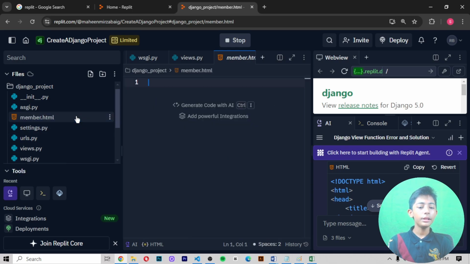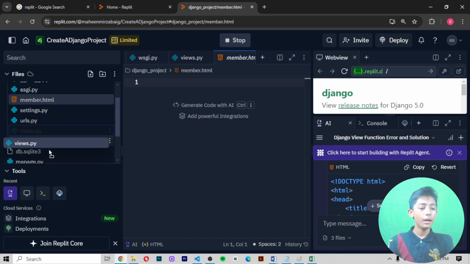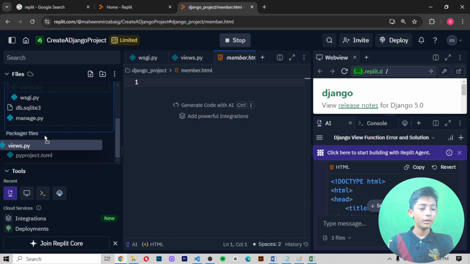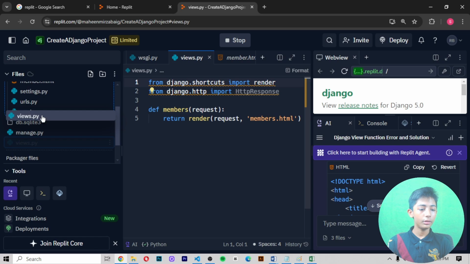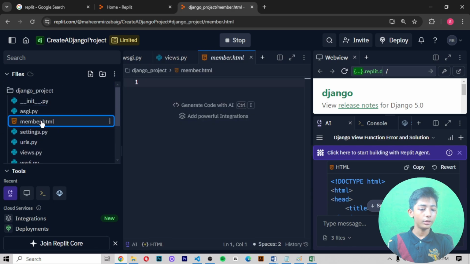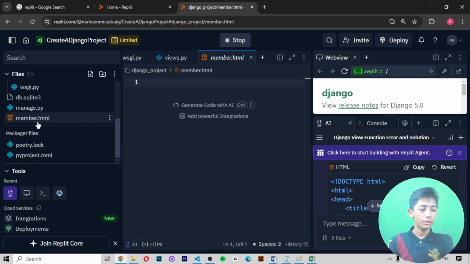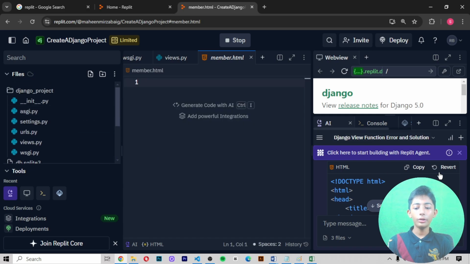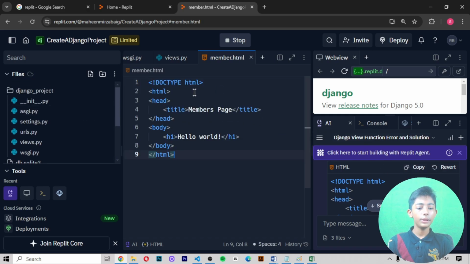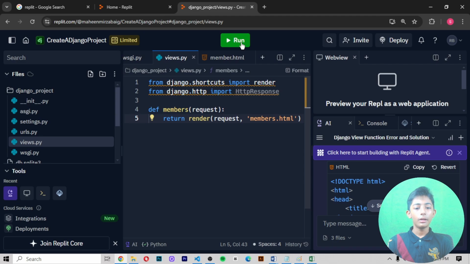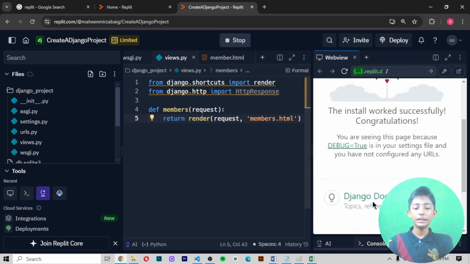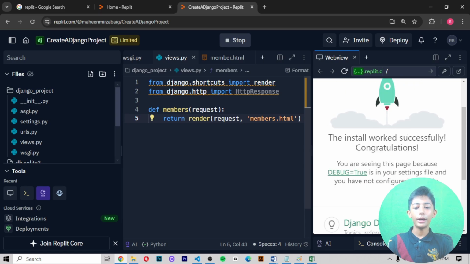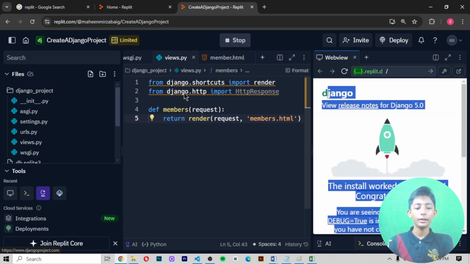When you make this file, make it outside of the folder, not that file, this file, members.html. Then in that file, you copy this and paste it, then run it. When you run it, you can see our Django server has run successfully like that.